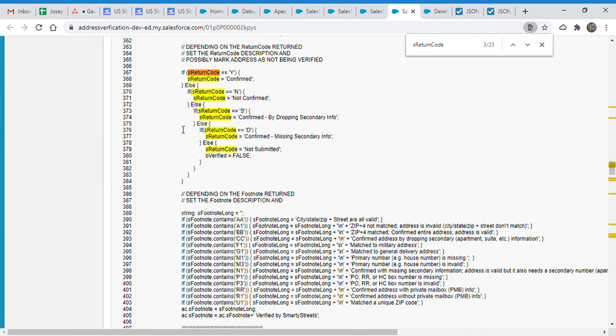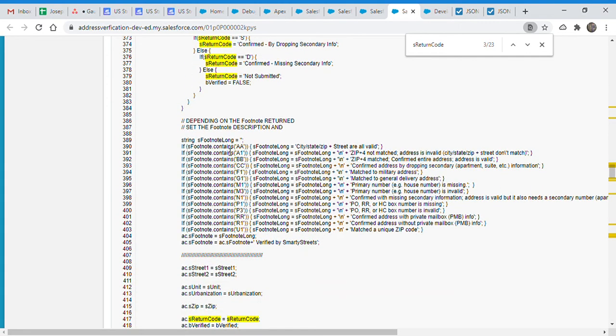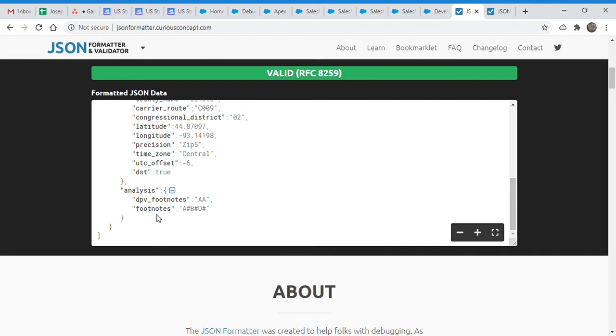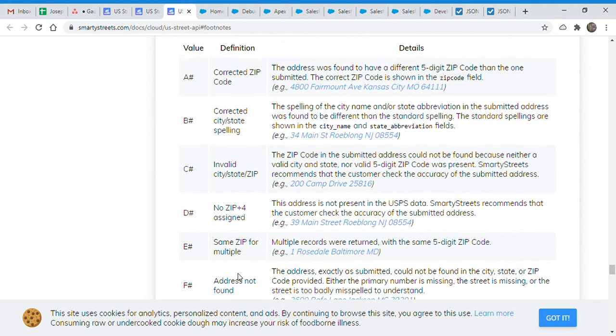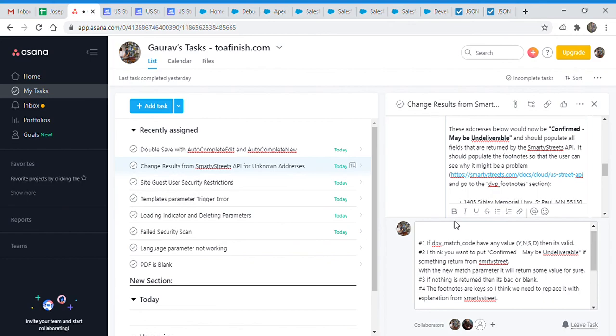And this is something right here. See, the footnotes already use this as a key and are replaced with the values. So that means the footnote is fine, but I think we need to do it for footnotes too, the A#, B#, C#. So I will make these changes to include these things as well. Okay, so let me know. Thank you.